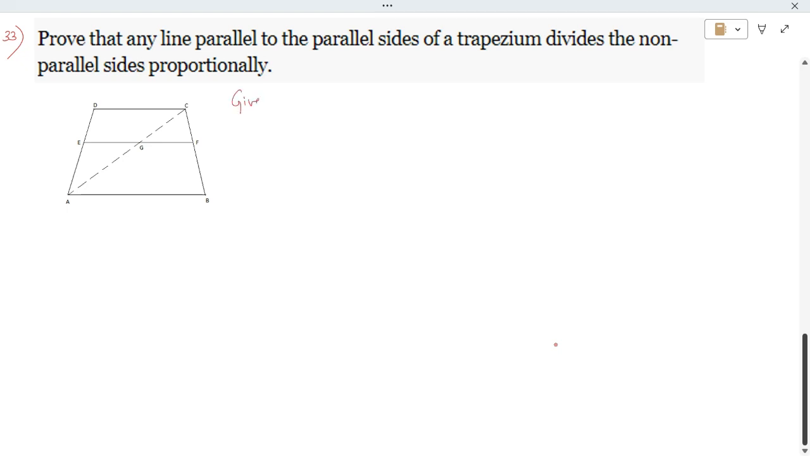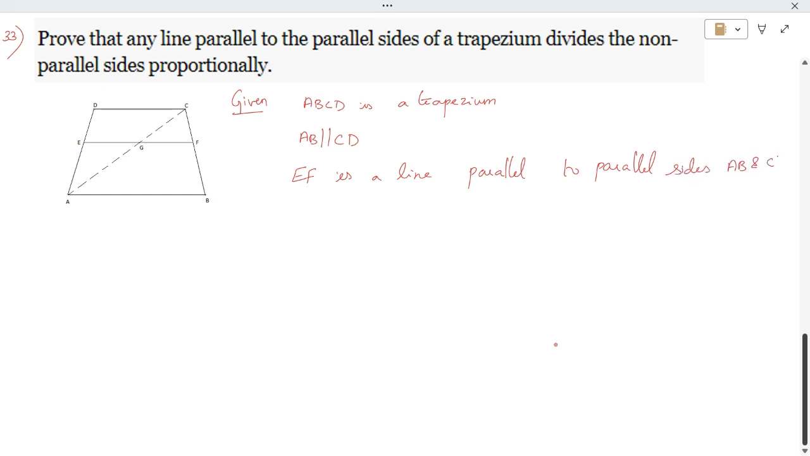So, first write the given, that is ABCD is a trapezium. I have drawn the figure. We need to draw the figure. Now, I know AB is parallel to CD and AD and BC are non-parallel sides. So what they are asking me to prove: any line parallel to the parallel sides of a trapezium. So I am taking EF, which is a line parallel to the parallel sides